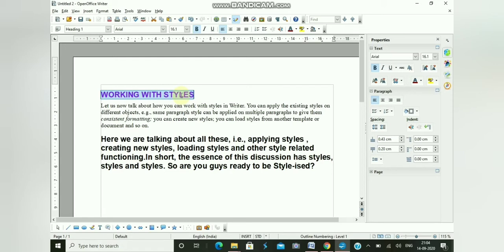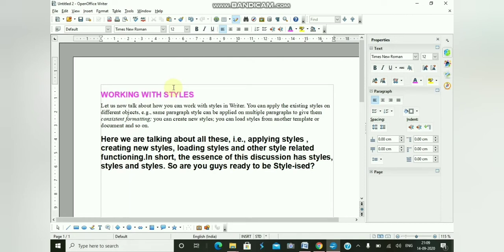So similarly we can use it. Now our next topic is the format painter. As we already have the format painter in MS Word, it is the same here: we have the format paintbrush, or the format painter tool. The format painter is a tool which we can quickly use in order to copy formatting.